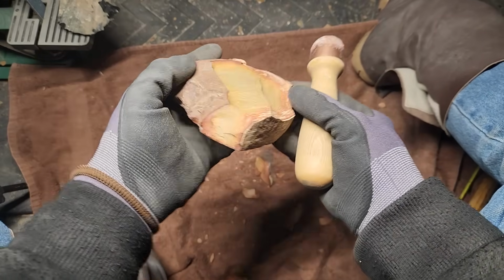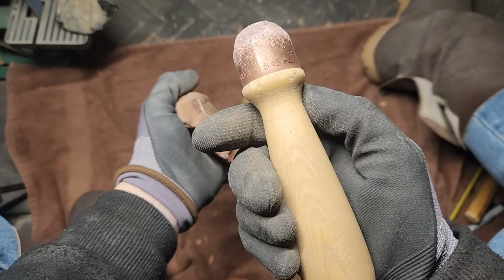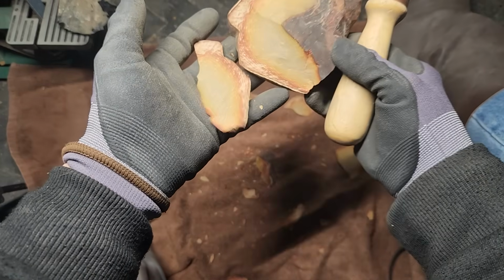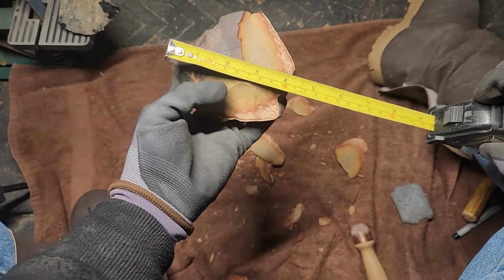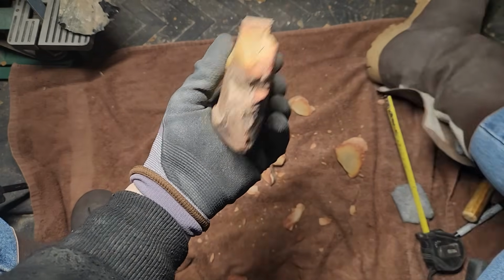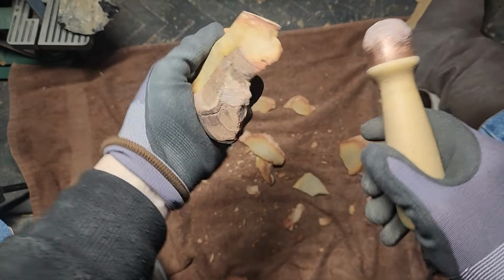What do we do here? What do we do here? This is not going to be easy, is it? But that's why I picked it. This is a 6-ounce bopper. Yeah. Did I measure this? Not the width. It's like 4 inches in width. Yeah. Perfect size. Not too small, not too big. It's that Goldilocks zone